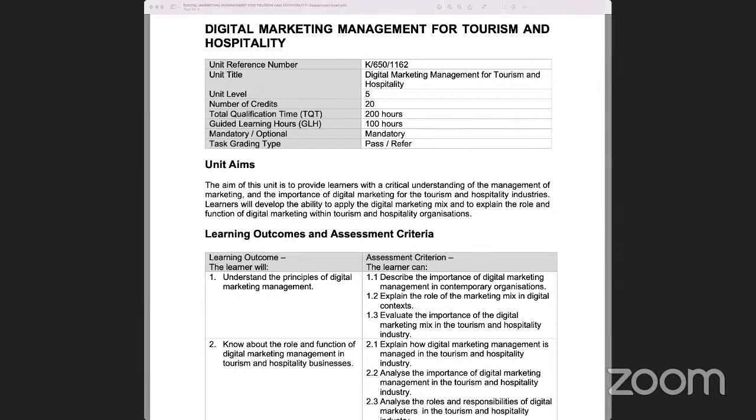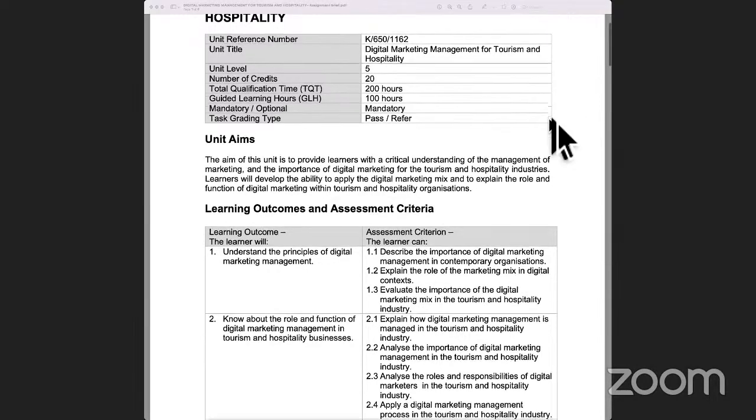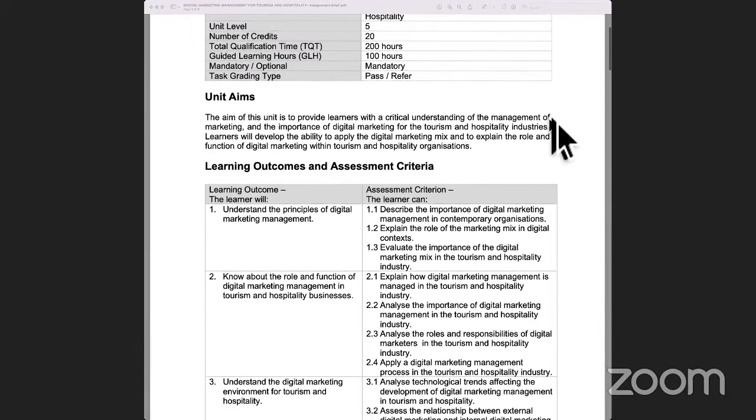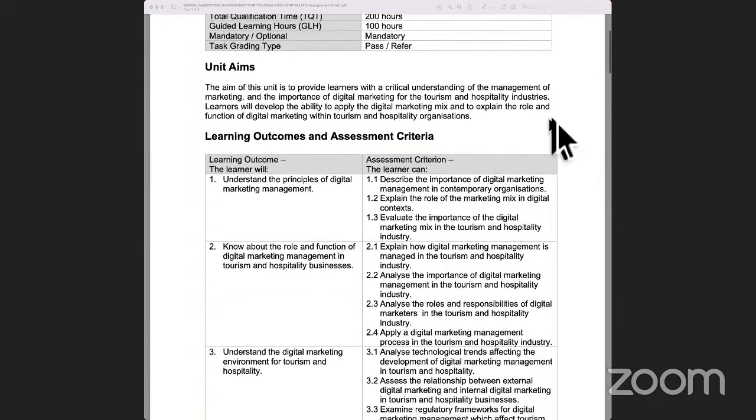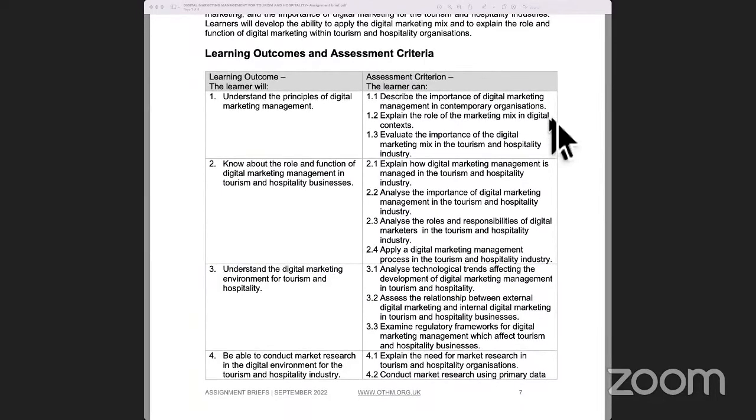Now, one of the things that we are going to look at in this unit for the assignment discussion is that OTHM has provided an assignment brief, which has been broken down into 4 parts. The reason for breaking down the assignment questions into 4 parts is primarily the way we studied this unit. One, we looked at understanding what digital marketing principles are. Then we went into the role and functions of digital media marketing and what digital marketers essentially do in terms of carrying out some of these activities.